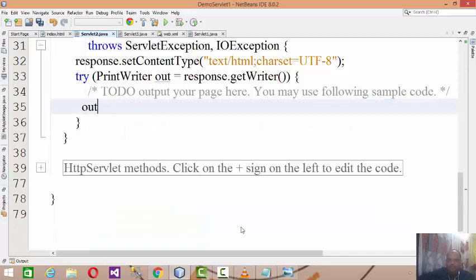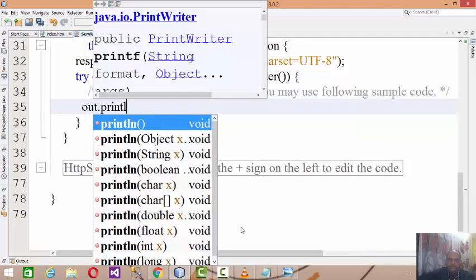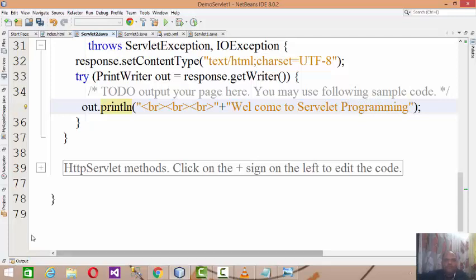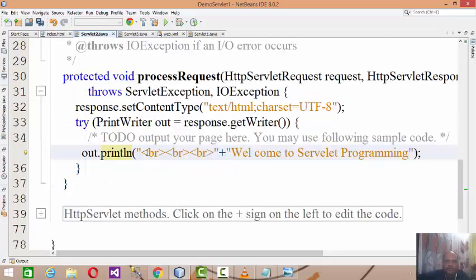Let's say out.println, and I'm adding three lines of break, and then "welcome to servlet programming". This is the message I want to print.